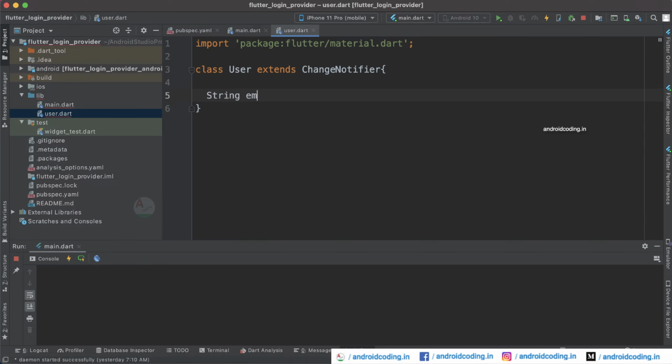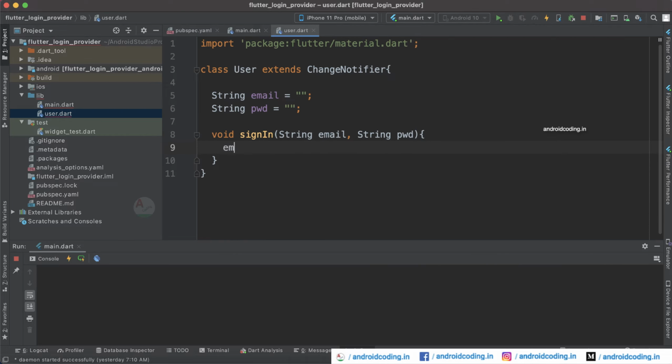So string email, and initially I am providing some empty data here. You can also provide some default information here depending upon your requirement. And also I will be creating a method like sign in, and this will accept email address and password.